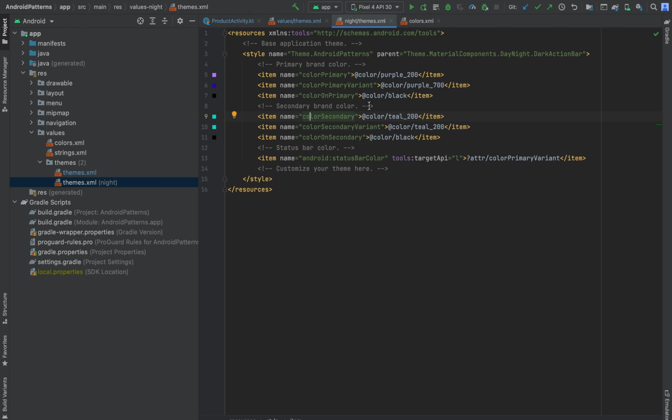If you want to customize the style, you can update the colors over here. It is always a good practice to add the colors in the colors.xml file instead of hard coding them. It will be very useful when we need to update the style, and we can simply change it in one place and it will be reflected in all places. Now we have added support for system default night mode.